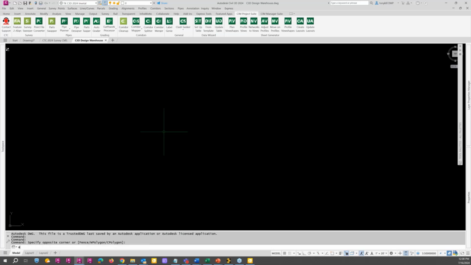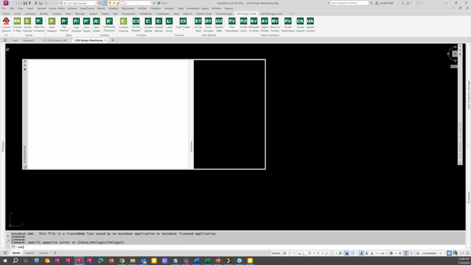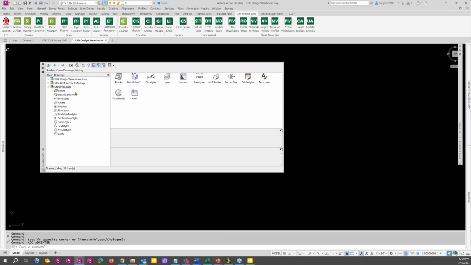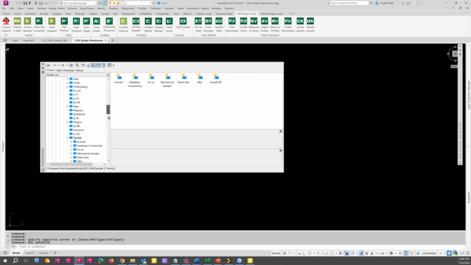Well, first we'd probably, as my crutch has always been in the past, go right to Design Center, and now I can get at my open drawings. I can, of course, navigate through folders to look for things I might be looking for, different ways of doing this. And then really to find stuff using the search that they have,